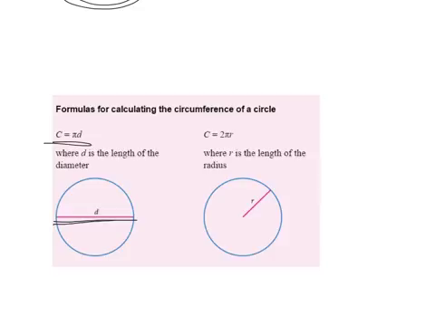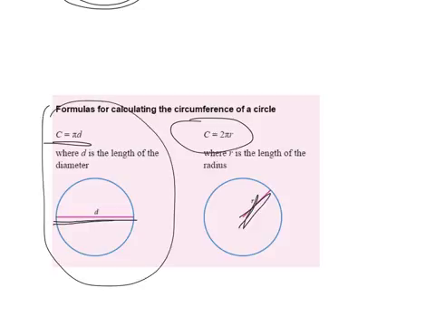Now the other one you can do is 2 pi r, which is 2 times pi times your radius, which is only halfway across, okay? We are going to look at this one. This is the one that I want you to write down. So I want you to write down circumference is equal to pi